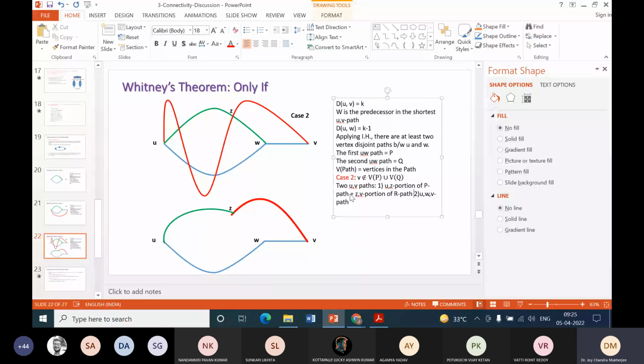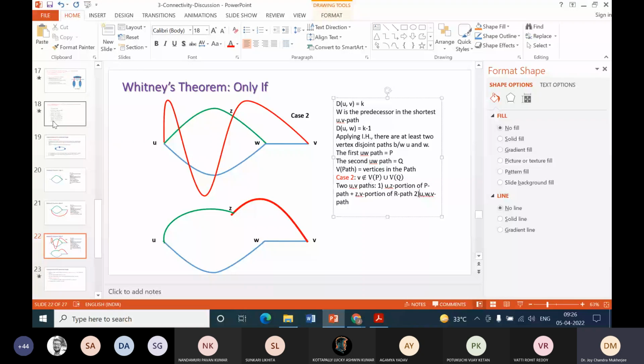And another path is, I will take that UW path, that is the total Q path, followed by the edge WV. So basically the UWV path. So here I have shown you the two disjoint paths. So that is how we prove that